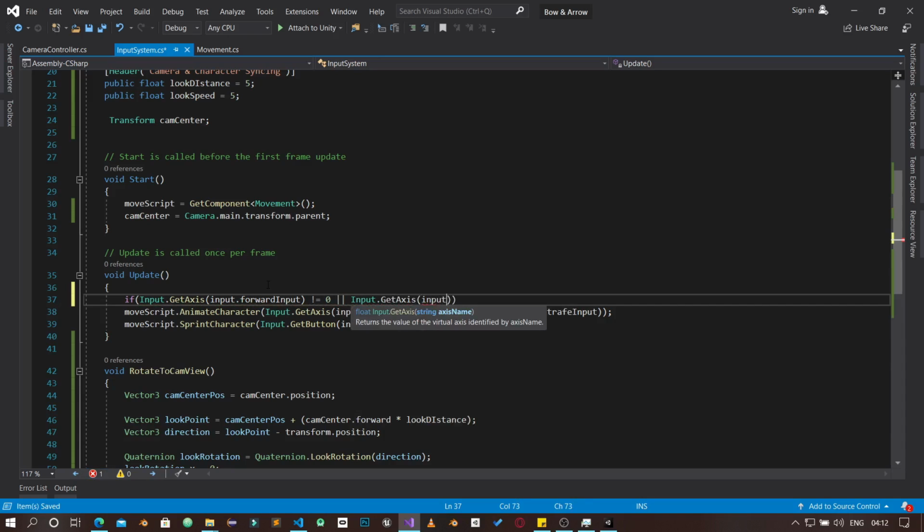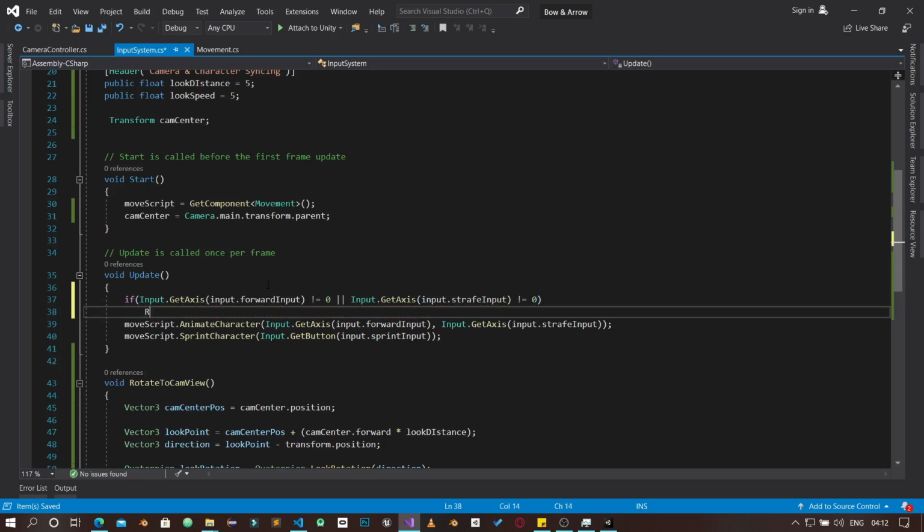So we're going to say Input.GetAxis, oh sorry, not sprint, we need the strafe input. If that is also not equal to 0, that means we can actually rotate